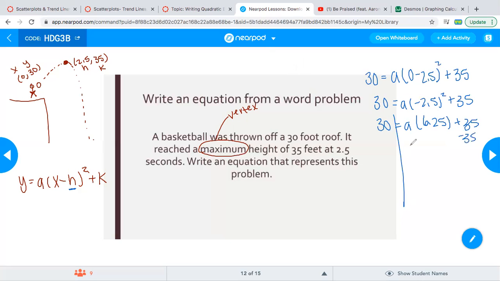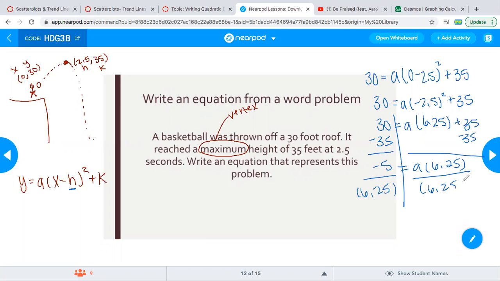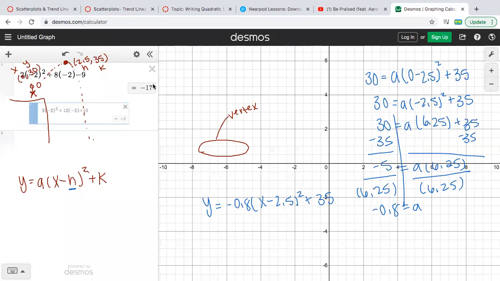Okay. And then you said subtract 35 from both sides. So I'm gonna pick up where you left off. And then from there, what did you say to do? Oh, so then you do division. So then -5 divided by 6.25 is -0.8. Perfect. Okay. Thank you, Jaden. So my equation would be -0.8 times (x minus 2.5) squared plus 35. Bro, I was about to do that, man. I'm so sorry, Noah. Go back to